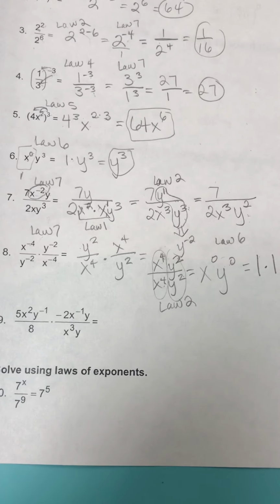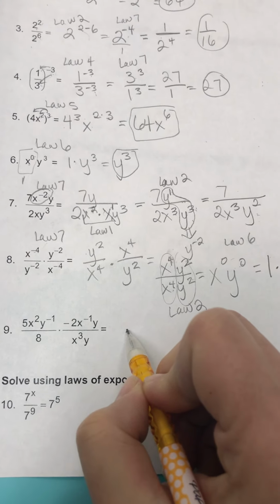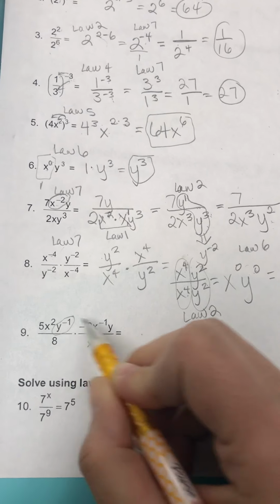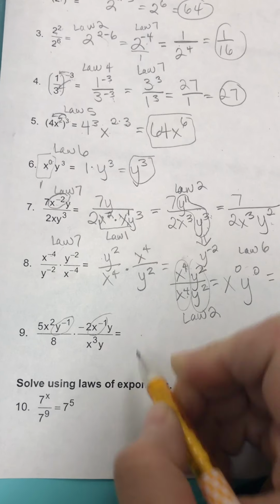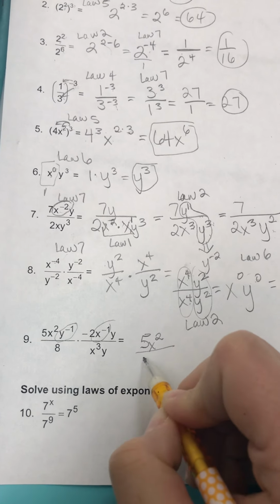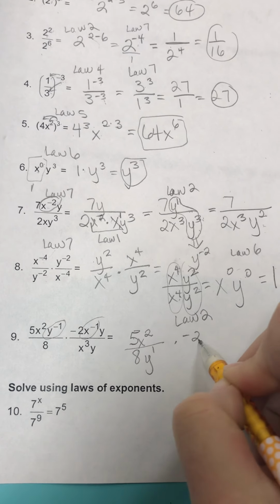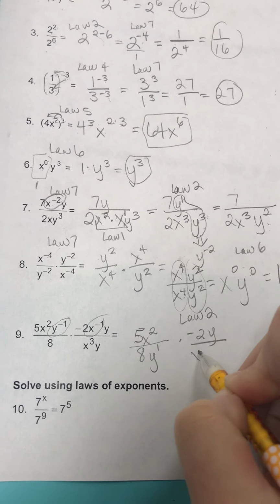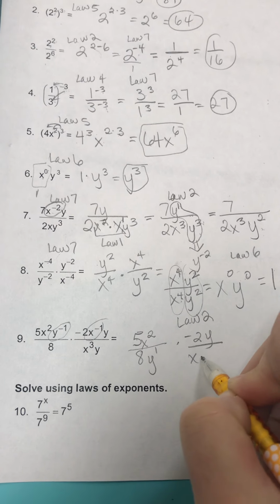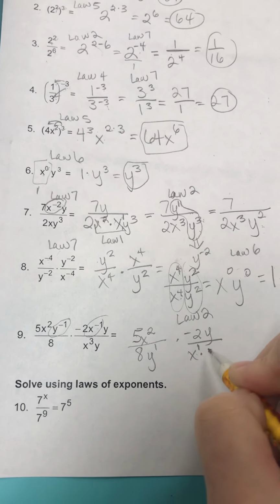All right, so this last one, number 9 in this section, let's move our negatives. So this one and this one, I'm going to move down to the bottom. So I'm going to rewrite it, 5x squared over 8 to the y, 1, times negative 2y over x times, this is x to the 1 because I'm moving this one to the bottom, and then I'm going to rewrite